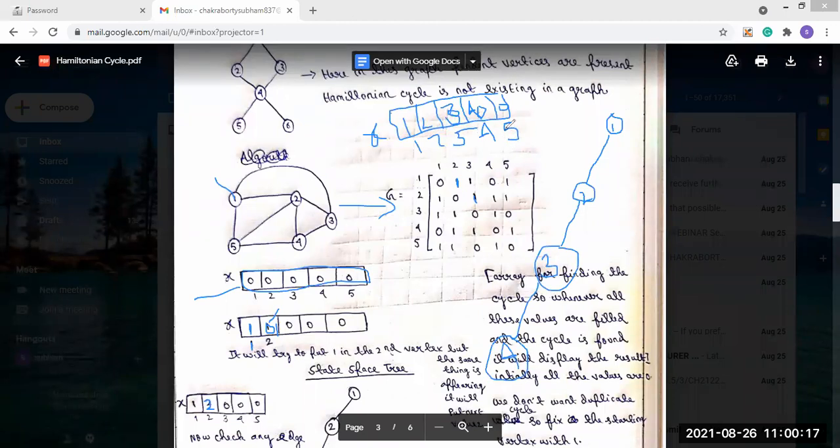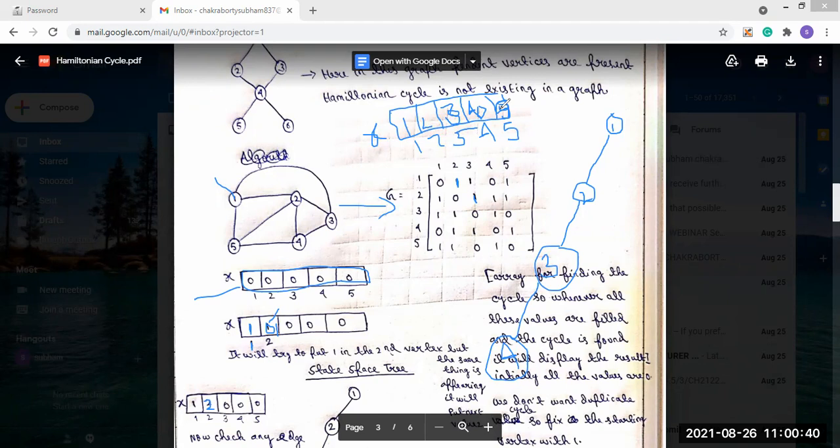So our next vertex is 5. In case of this 5 index, we will try 1, 2, 3, 4, but no value will be possible because all of these values appeared previously. So in the index 5, we'll put 5 now. Whenever we put 5, we'll check with the previous value, that means 4.